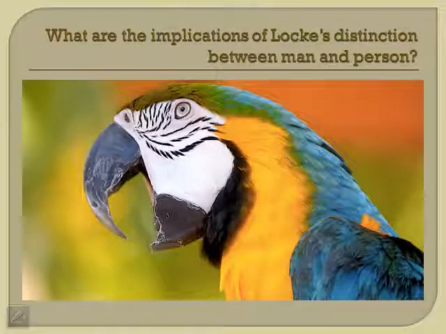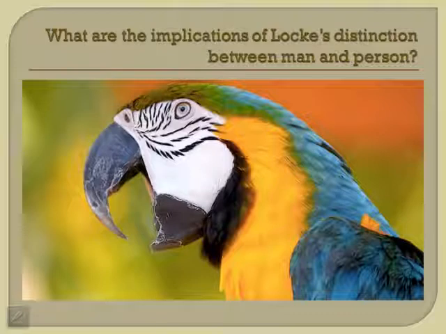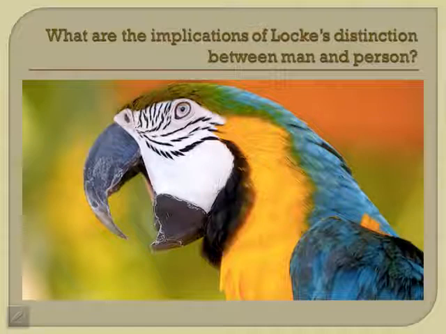So on page 38, he goes on his long rant story thing about the prince and the parrot, okay? It is very long-winded, but it is actually quite an interesting point that he's making here. And this point is a key implication for this distinction between the man and the person. And the point he's making is